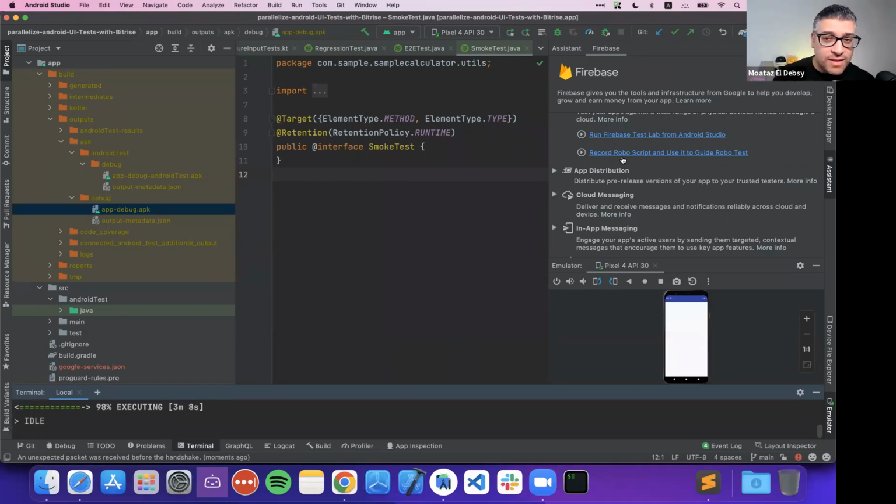There is another testing type with Firebase. It's called RoboScript or RoboTest. RoboTest is something like monkey testing. So if you don't have UI testing, if you don't write Espresso or anything, you can use this RoboTest. It's like monkey testing. It takes only the APK. There is no testing APK, because we don't have any test cases. Just taking the APK and then